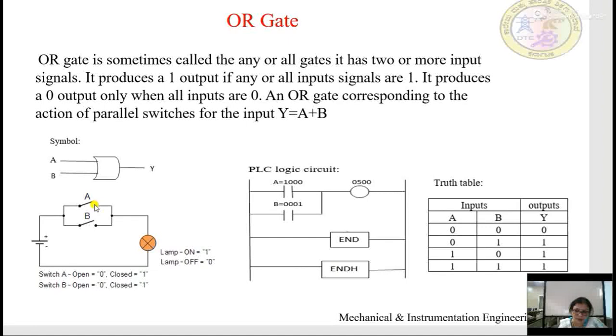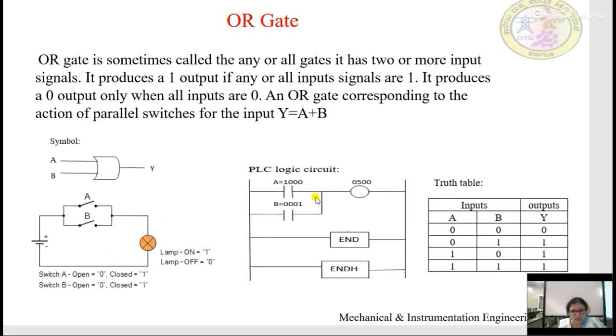That means A is open and B is closed, output is 1, because it is getting a current path through B. When A is 1 and B is 0, output is 1. Why? Because the current path is battery A and the lamp. And when both the switches are 1, high or closed, then output definitely will be high or on state.